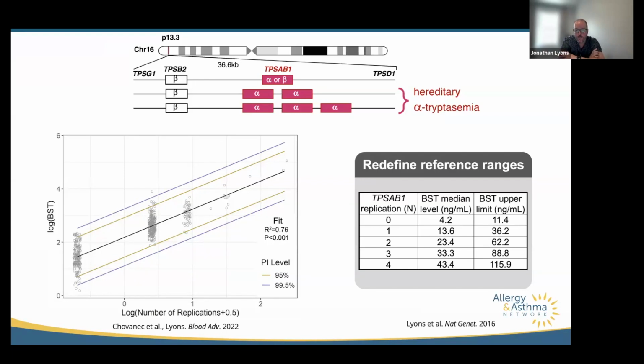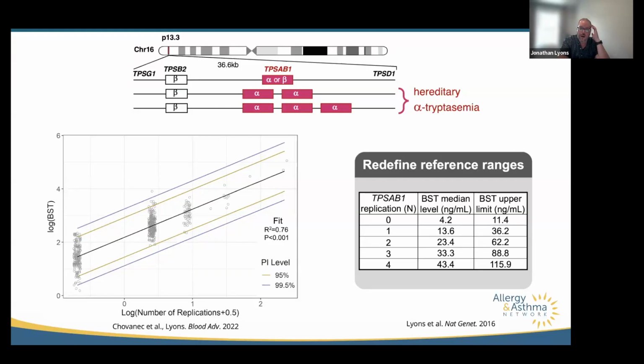It is caused by extra copies of this TPSAB1 gene, shown here in red, when it encodes for alpha tryptase. So in everybody walking around, TPSAB1 can encode for alpha or beta tryptase, as the name would indicate. The full name of the gene is tryptase alpha beta 1. Whereas TPSB2, shown here in black on the side, only encodes for beta, you can either have alpha or beta at that TPSAB1 locus. Now, when you have extra copies of alpha, they're sort of a replication of the adjacent alpha, so you would get 2 at a time, or 3, or 5, or 10. We've seen individuals with up to 10, that's shown here down on the bottom left.